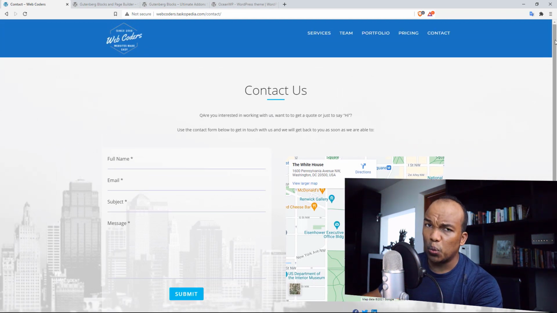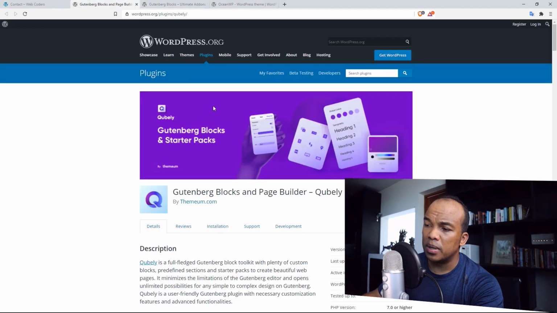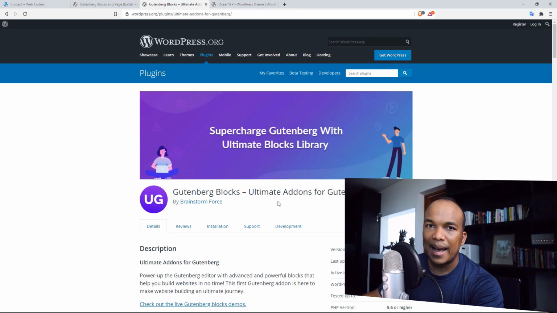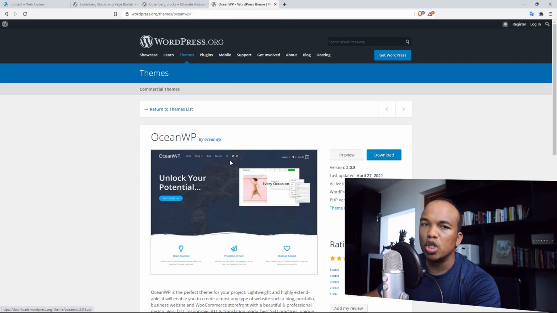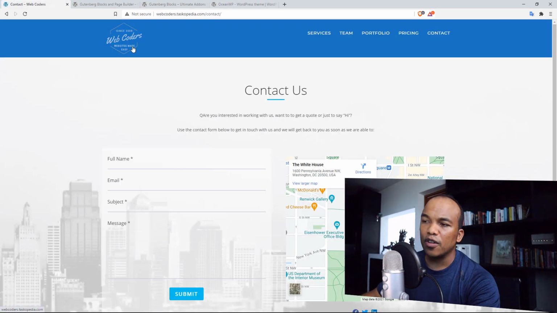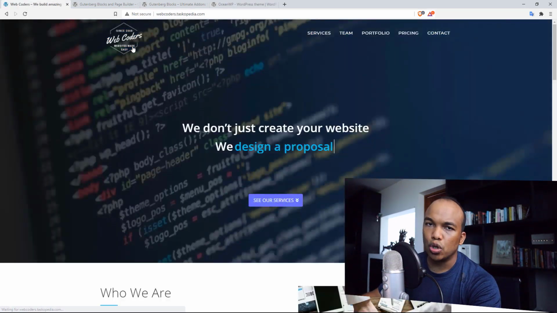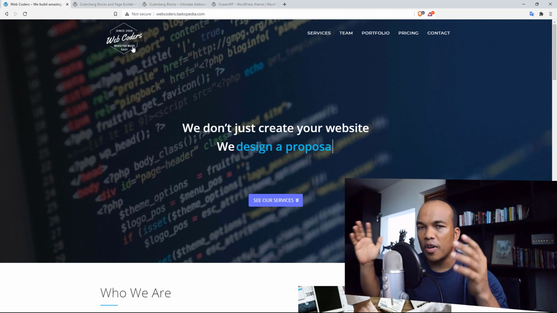Now, in addition to working with Gutenberg, we're going to make use of 2 additional add-ons. The first one would be the add-ons by Kubeli, or called Kubeli by Themium.com. The second would be the ultimate add-ons for Gutenberg by Brainstorm Force. We're going to make use of the Ocean WP theme as well, and all of these are free. You don't have to pay for any of them. So by the end of today's tutorial, you will have learned how to use Gutenberg to build yourself a full